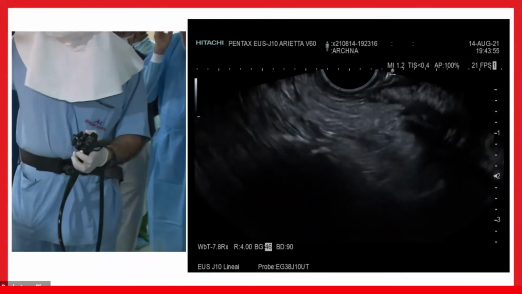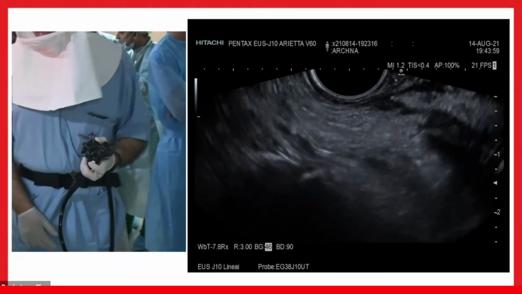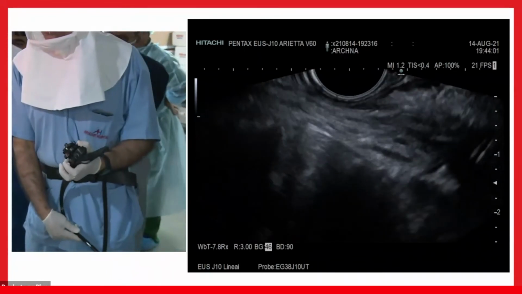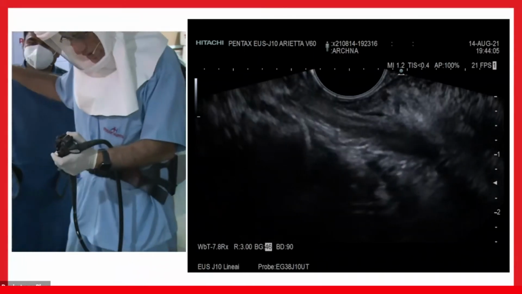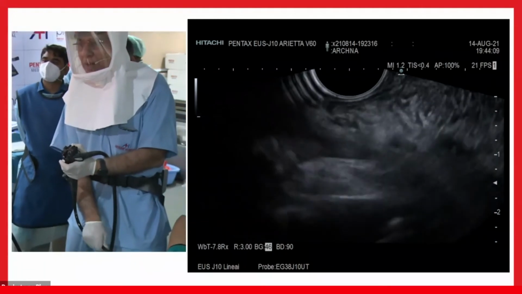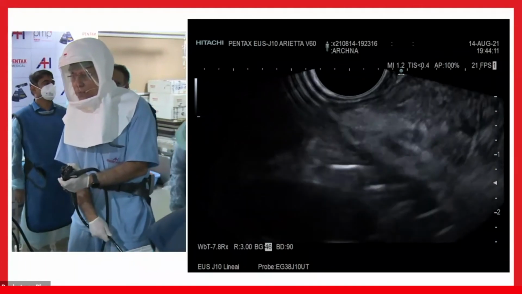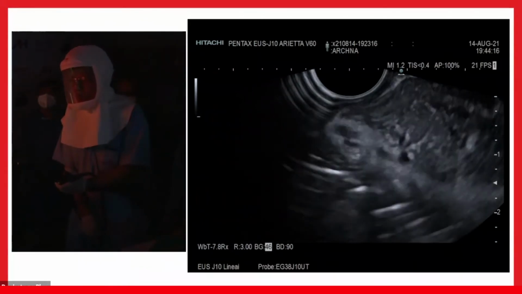Now comes the key point. The key point is I have to demonstrate in this case that there is no intra-ampullary stone. So I will move my body inside, rotate it clockwise, hold it right and left, and pull it back. Really, I'm trying to keep the pancreatic duct. I don't want it to slip out. I don't want to go again and again.